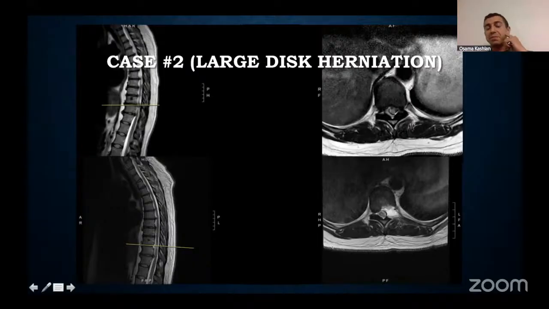And this is a situation where you go on the left side, you do the same thing that you saw in the last MRI, but you obviously get a lot more disc out to be able to decompress the spinal cord. And you can see here a postoperative MRI demonstrating that that disc herniation is completely gone. And you could see again another thing. You could see that black dot on the MRI.